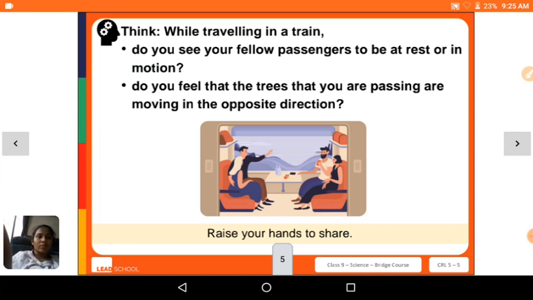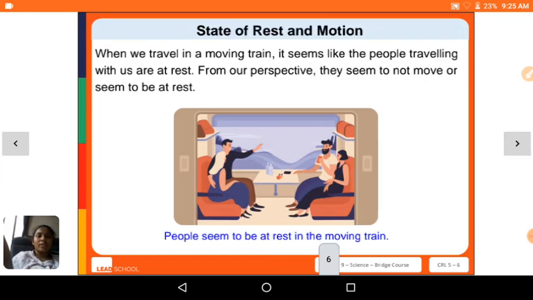Do you feel that the trees that you are passing are moving in the opposite direction? When we travel in a moving train, it seems like people traveling with us are at rest. From our perspective, they seem not to move, or seem to be at rest. People seem to be at rest in a